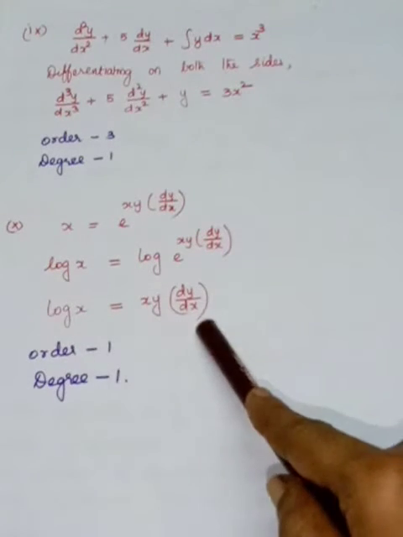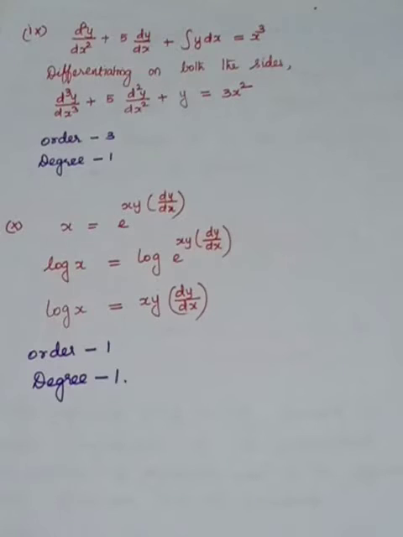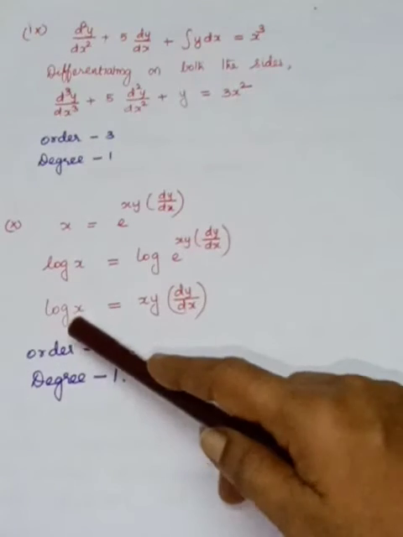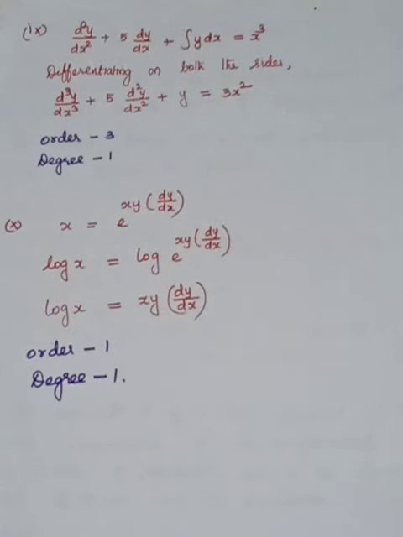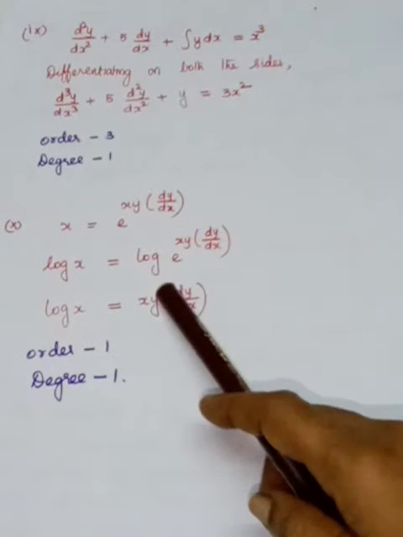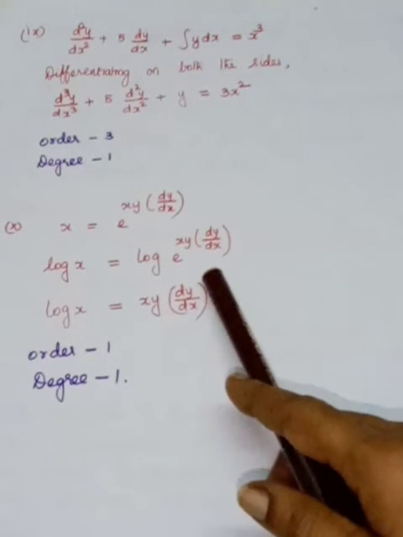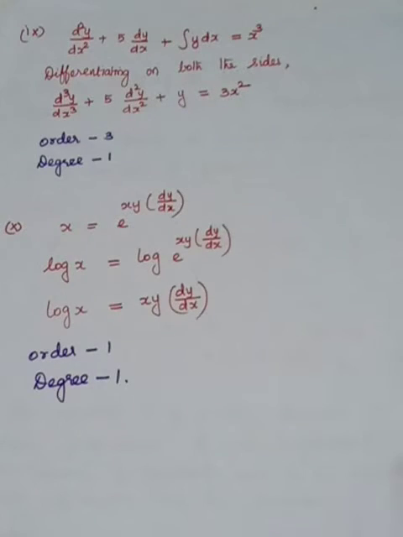So now you see that this derivative is not written within the exponential function. It's not written as the argument of exponential function, but the variables x and y can be in a logarithmic function, exponential function. You can have e power x, e power y, log x, like that you can have, but you should not have e power dy by dx. Derivative should not be the argument of exponential function, logarithmic function and trigonometric function. So here it's a differential equation. So the order is 1 and the power of this dy by dx is 1. So the degree is equal to 1.